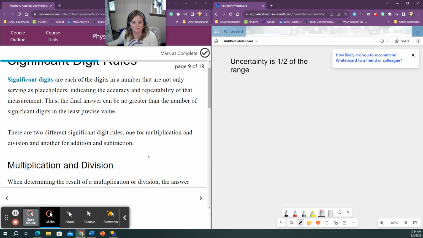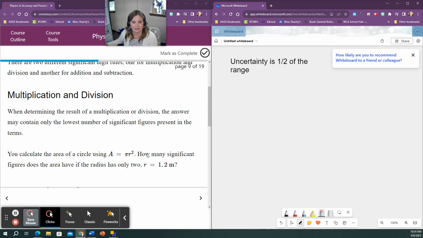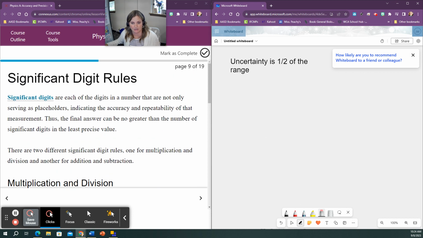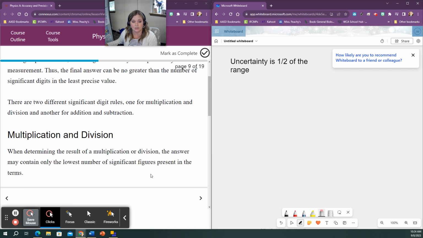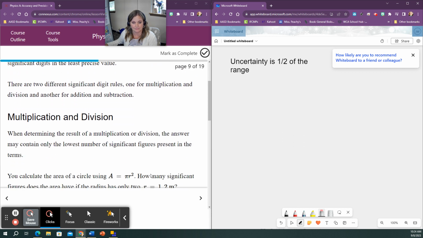All right, so when we are using significant figures, there are rules. There are multiplication and division rules and addition and subtraction rules. So significant digits are each of the digits in a number that are not only serving as placeholders, indicating the accuracy and repeatability of that measurement. Thus, the final answer cannot be greater than the number of significant digits in the least precise value. So when you are reporting your answers, your answer cannot have more significant digits than any one of the measurements